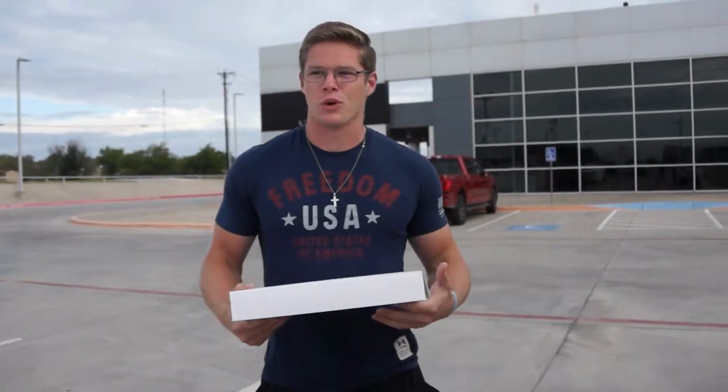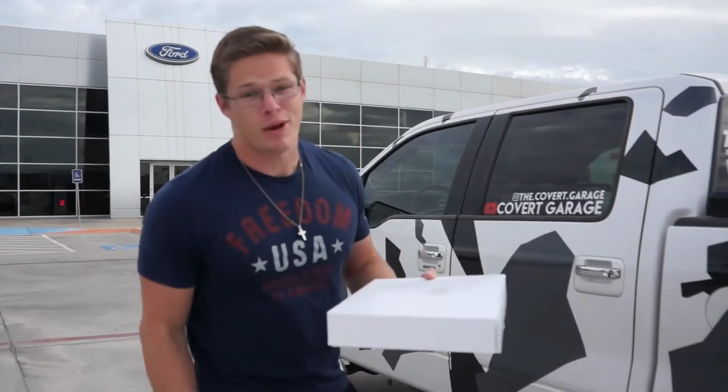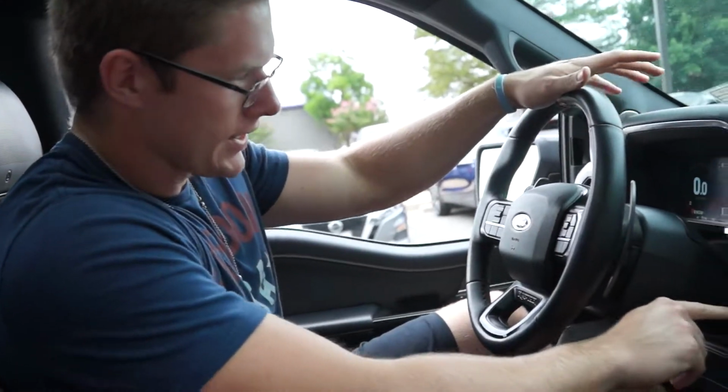So we're here at Ford again. The awesome ladies and gentlemen at Ford are letting us borrow kind of a dream truck, kind of not. Gen 3 Raptor, baby. Gen 3 Raptor. So the new Raptor. First things first, I think we gotta do that, which it's kind of